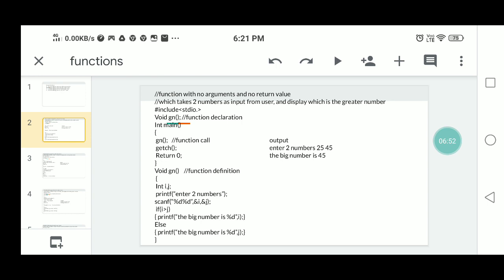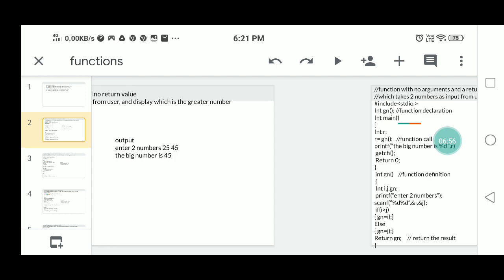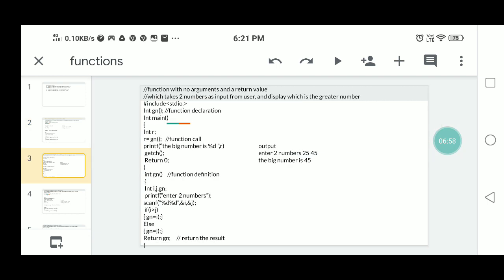That's all. Then next, we take another function.